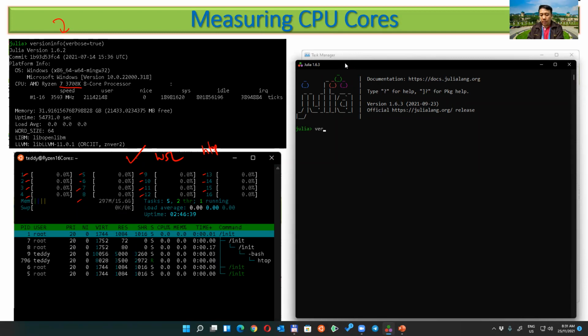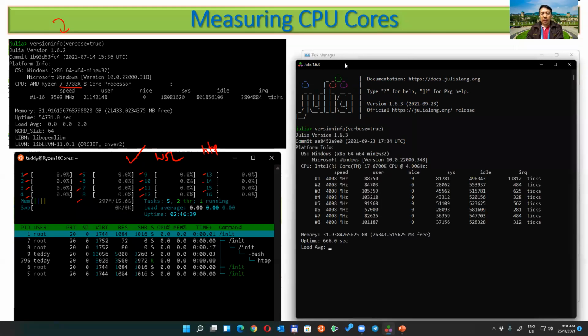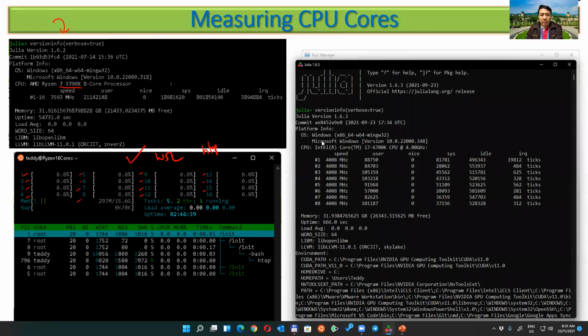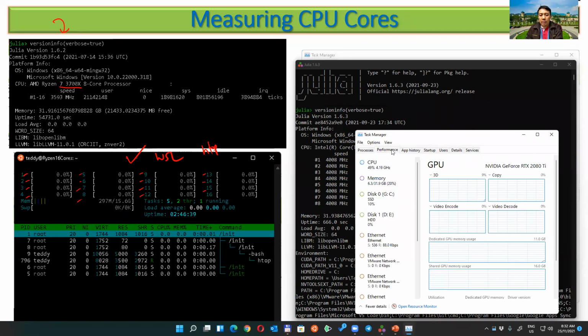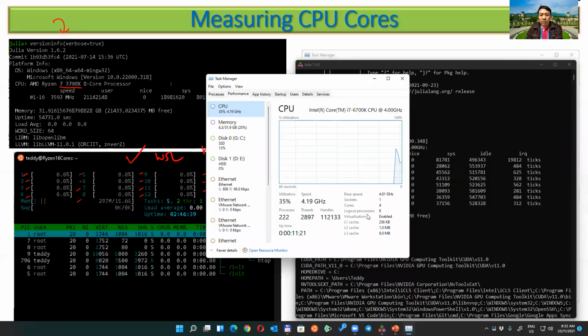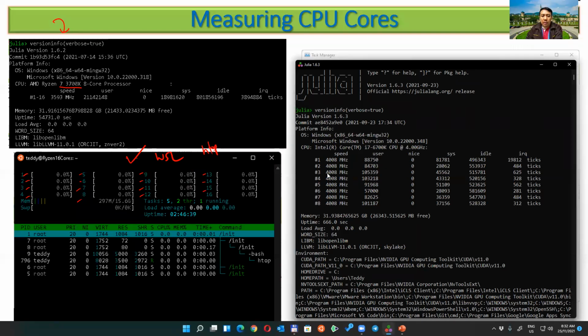Okay, so if I look here on my computer, the office one, hyperthreading is equal to true. And then you can see in my case I have an Intel processor. I'm not sure why it doesn't show it here. So I have 8 processors here. When you go to Task Manager also in my office computer, you can see the CPU: cores equal to 4, logical processors equal to 8. Okay, this one I think is calculating the logical processors as well.